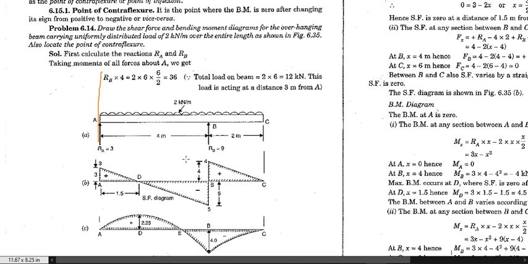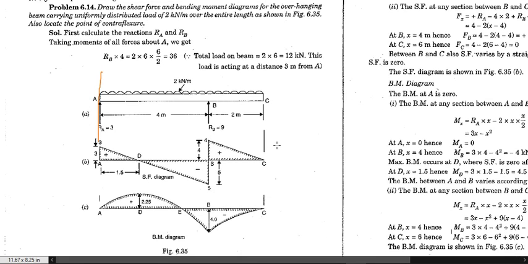Okay, so if we know the support reaction, then only we can calculate the SFD as well as BMD of this type of structure. Now the next important thing in this case will be to know at what point the point of contraflexure will be. Since you know that at this point the shear force will be 0, if you just write one equation where Fx equals 0 due to the force of RA and due to this force for a distance x, that is 2 times x.